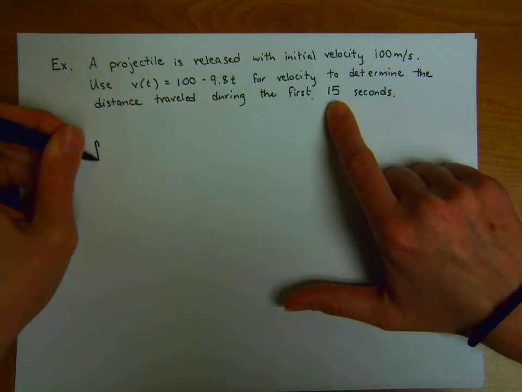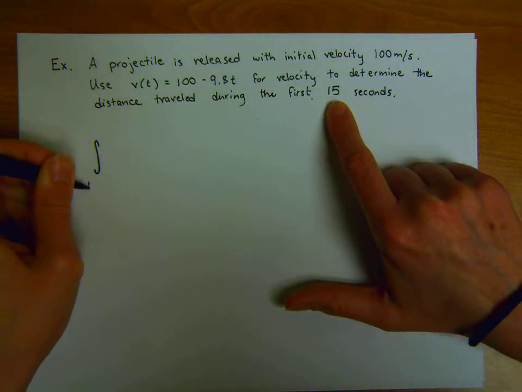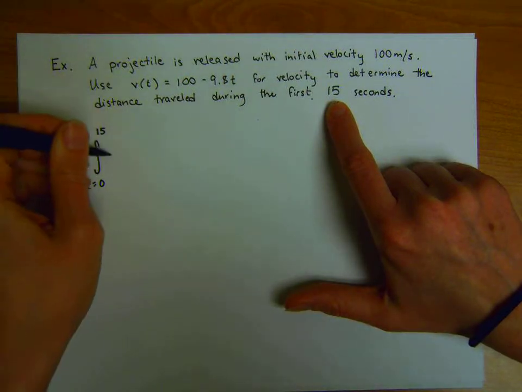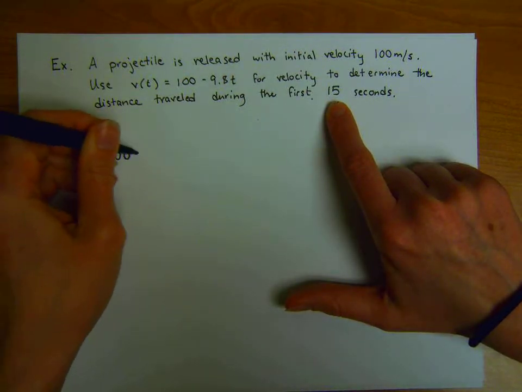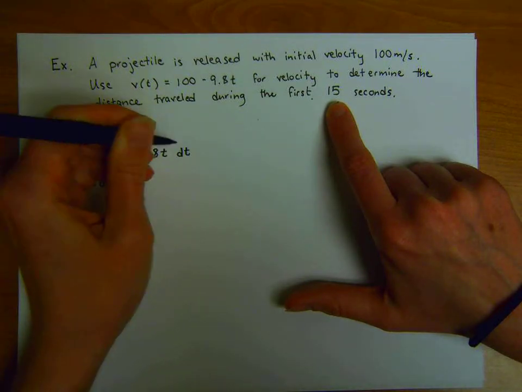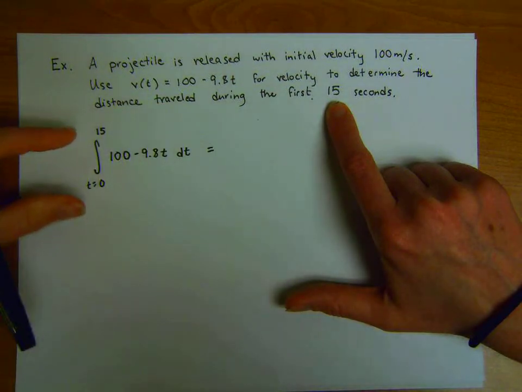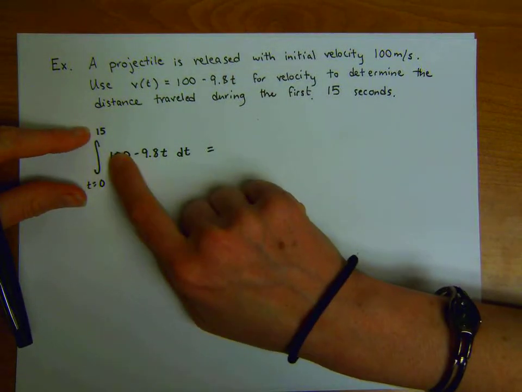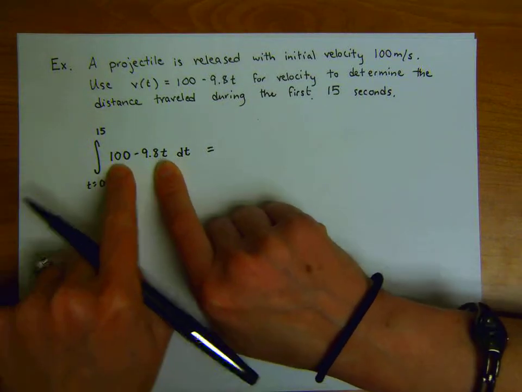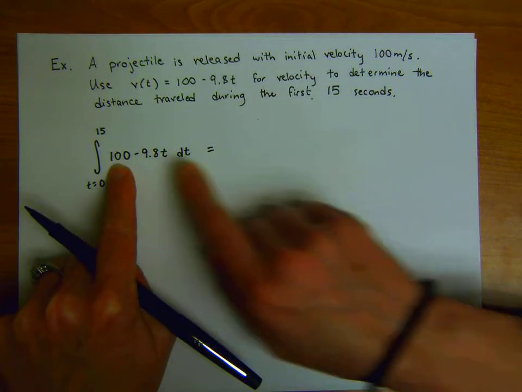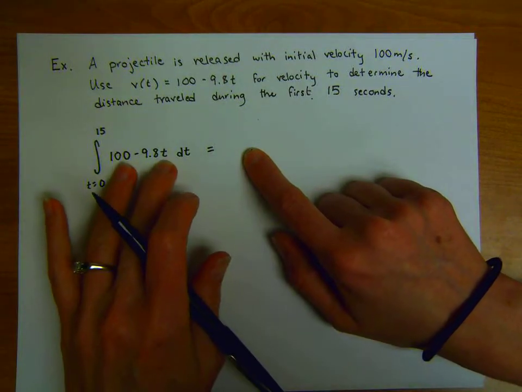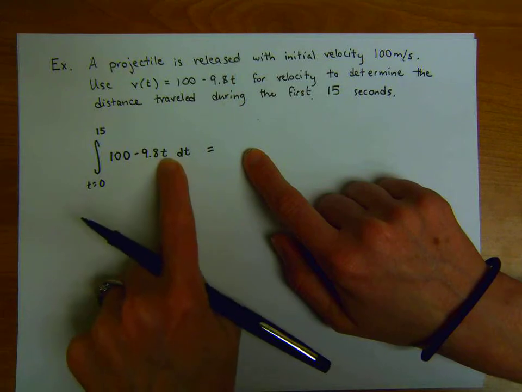So we're going to sum up the velocity as t goes from 0 to 15. Our function in this case is 100 minus 9.8t dt. So to define the total, this is a rate. Velocity is distance over time. Well, it's the absolute directional distance over time. And to find the total distance, I'm going to find the antiderivative of this velocity function, which in this case